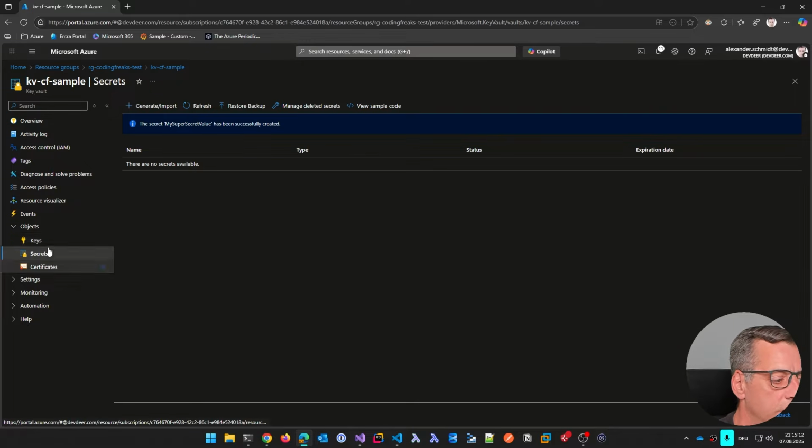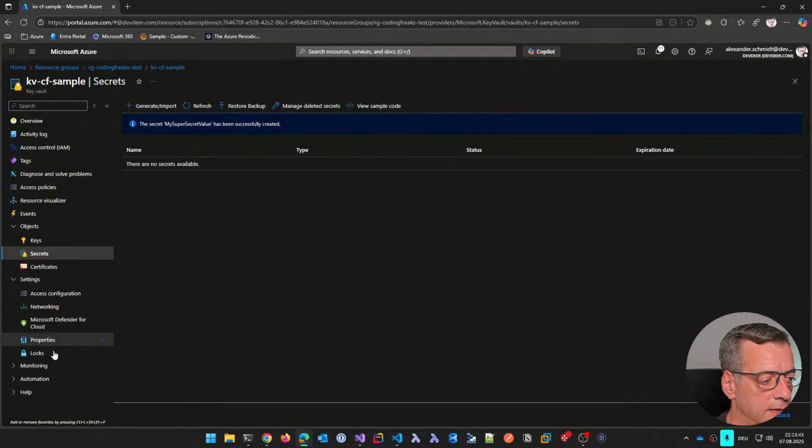Okay, so final words on the Key Vault, which is very interesting if you didn't know, Key Vault also allows you to store certificates. This is a whole video on its own, how to do that. But if you do it correctly, you could have technologies like automatic rollover when it expires, and you change it here, then it can change for your website automatically or wherever you want to use it. And there's a whole bunch of stuff like settings,